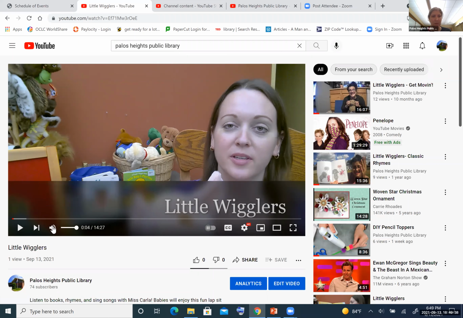This is the volume control right here. I can click on it once to mute it completely, or I click on it again to unmute. And then I can also just move the slider up and down here to change the volume. So there you go. Right next to it, the numbers that shows you how far you are into the video. So this says this video is just 14 minutes and 27 seconds long, and we are 4 seconds into the video.